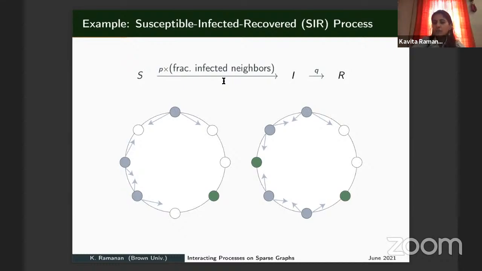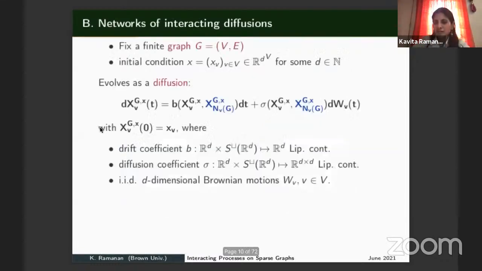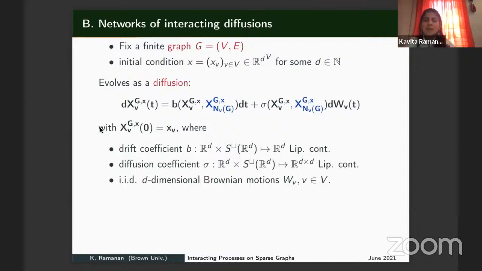Once it's infected, it will recover with some probability Q, again independent. So that's the same as in the contact process. The difference is that once it's recovered, it does not become susceptible again. In the contact process, as soon as it's recovered, it's susceptible again, but here it's a monotonic progression. So that's another well-studied process, and sometimes the contact process is called SIS. There are many different versions of these models, which I'm not going to get into right now. These are just illustrative examples.